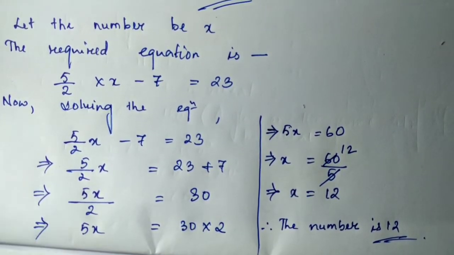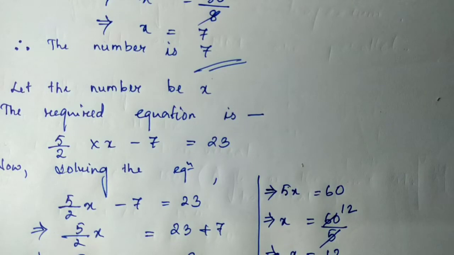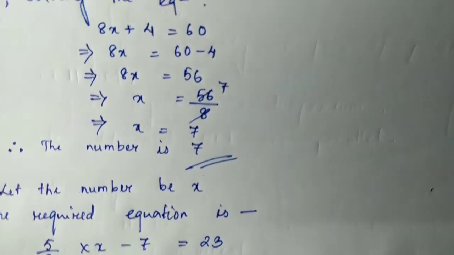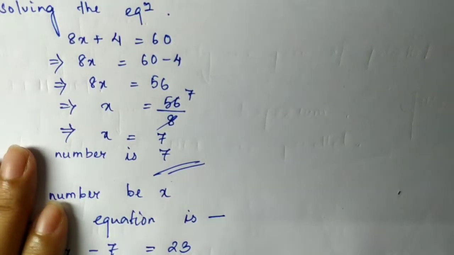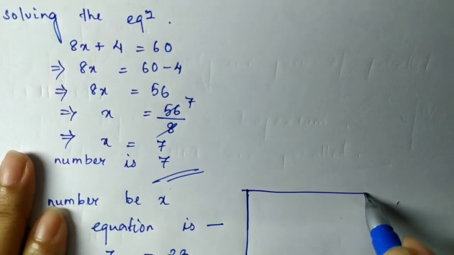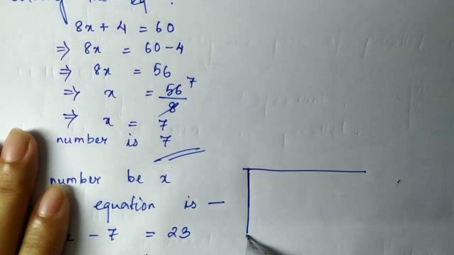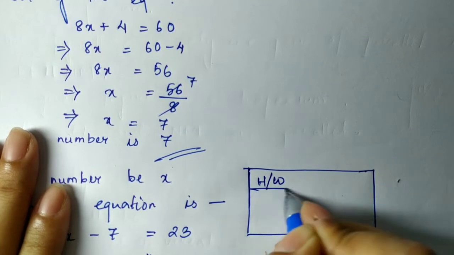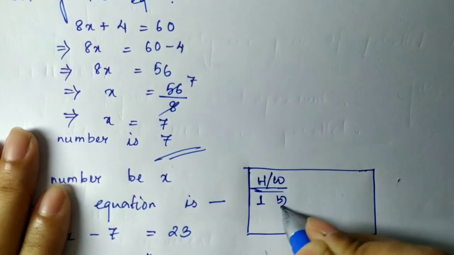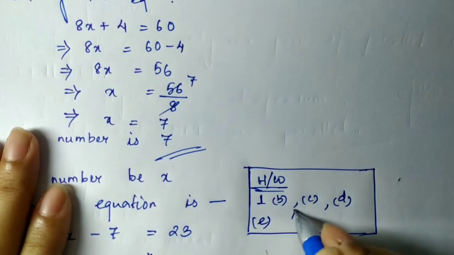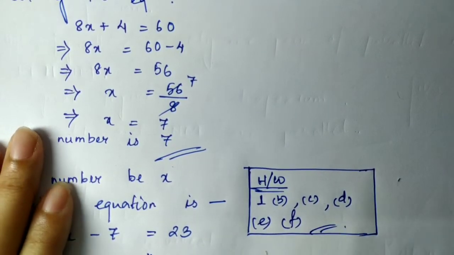Here you have all the similar type of questions from A to G. I have done A and G, the first and last one from here. So I'd like you to do the remaining sums as homework. Your homework I'm just putting in a small box here from question number 1. Please do it from question number 1. A I have done. So B, C, D, E and F will be your homework. Please try to do this.